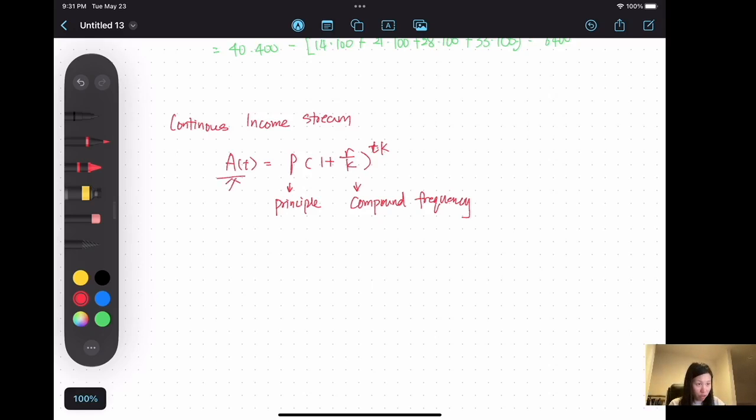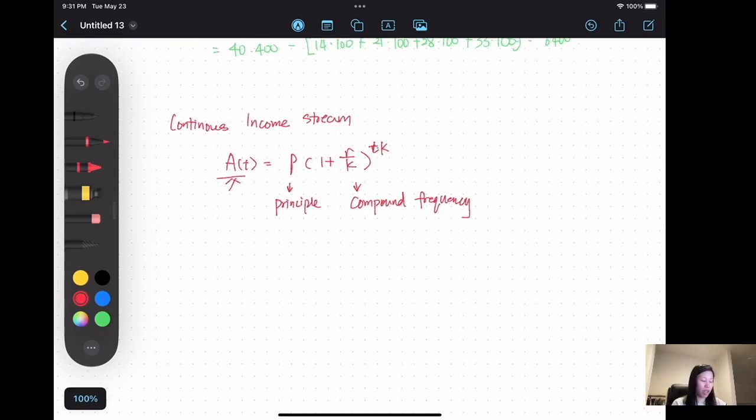This is the future value, which is what it's going to look like in the future, how much money you're going to get after t years, such as after 10 years. So t is equal to 10. How much money you will get if you put in that amount of money. Okay, the other way is compound continuous,